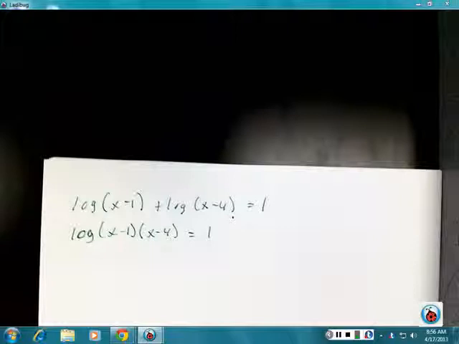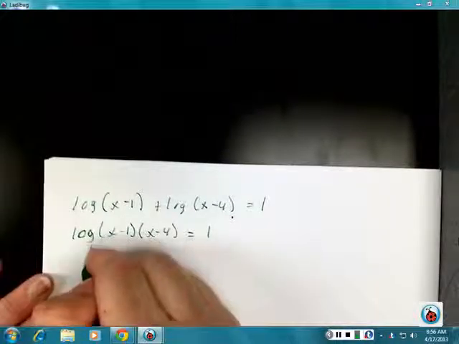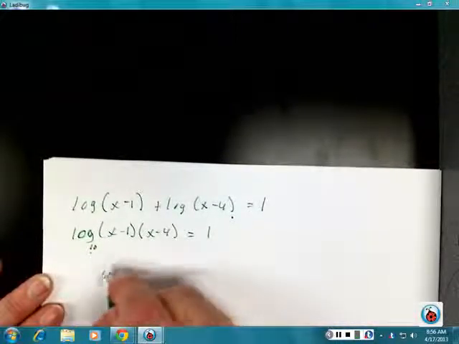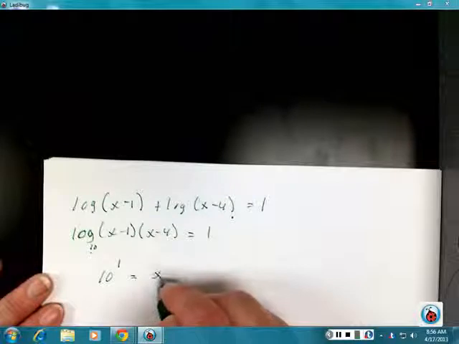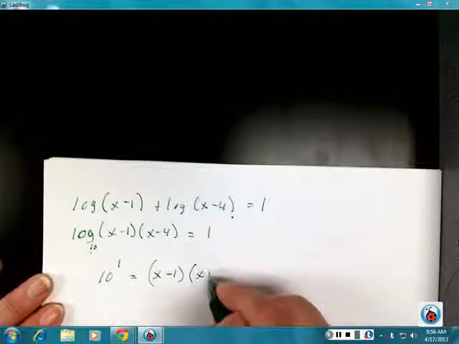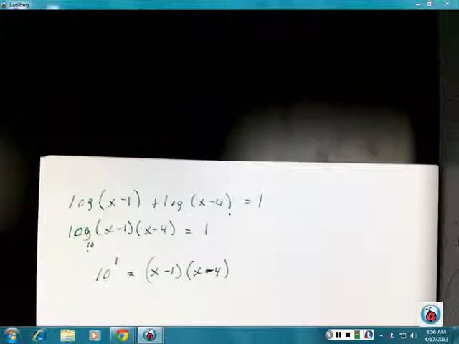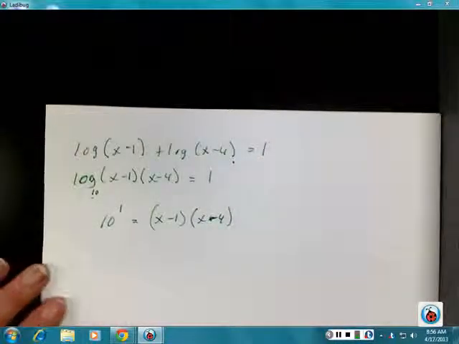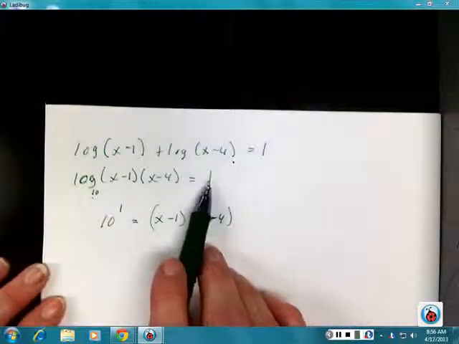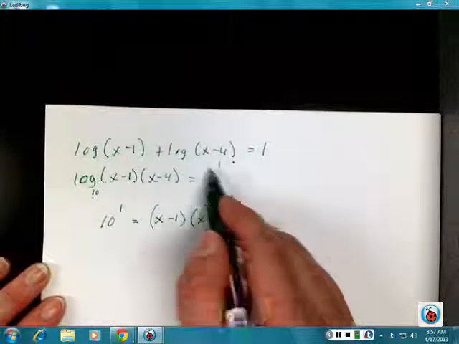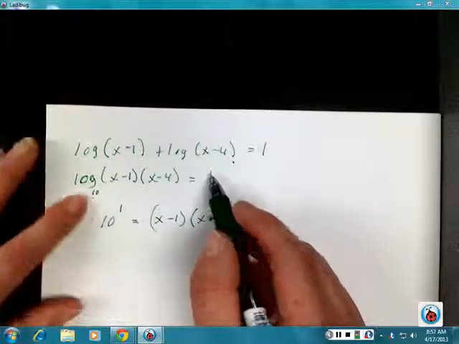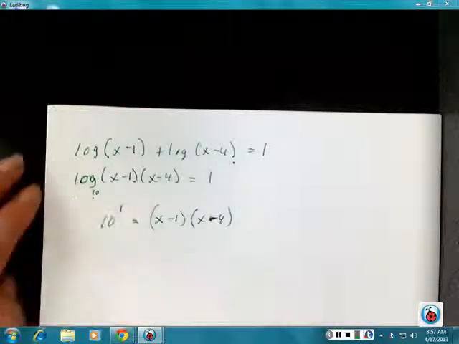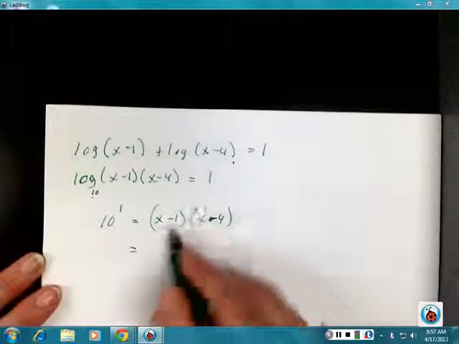If I take this and do the inverse of it, there's a 10 right here, so 10 to the first power is equal to x minus 1 times x minus 4. And now basically all I have left, once I've gotten that log piece out of there, is a multiplication happening here. The reason I had to reverse this is because this side didn't have a log on it, so I can't use my property, but I can use the inverse of this. And so if I FOIL this side,